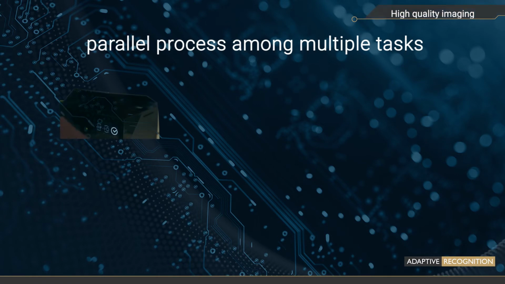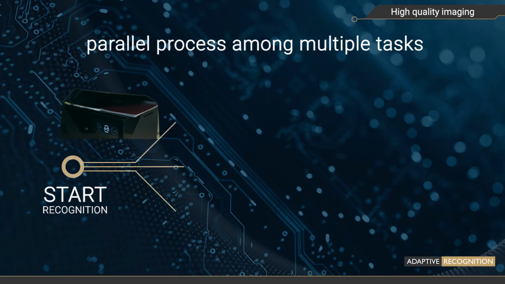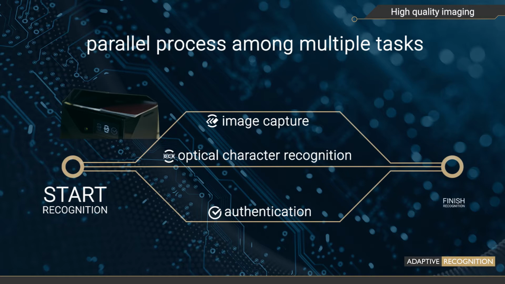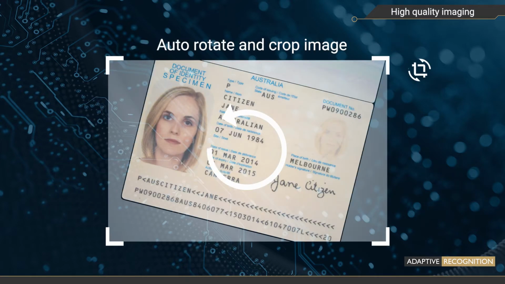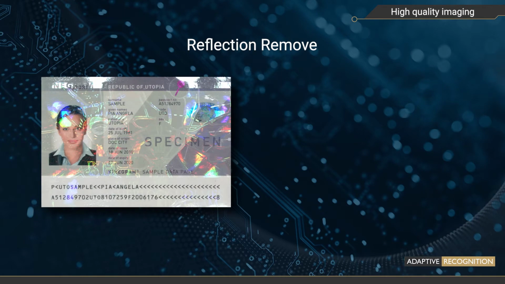High-quality imaging. Osmond scans high-resolution crystal-clear images that are suitable for archiving, data reading, and software-assisted authentication. Imaging is initiated by the auto capture function as soon as the document is placed motionless on the scanner, and the images are delivered already post-processed, including the auto rotate and auto crop functions, along with the innovative reflection removal and adaptive light control technologies. Let's take a closer look at these latter two.